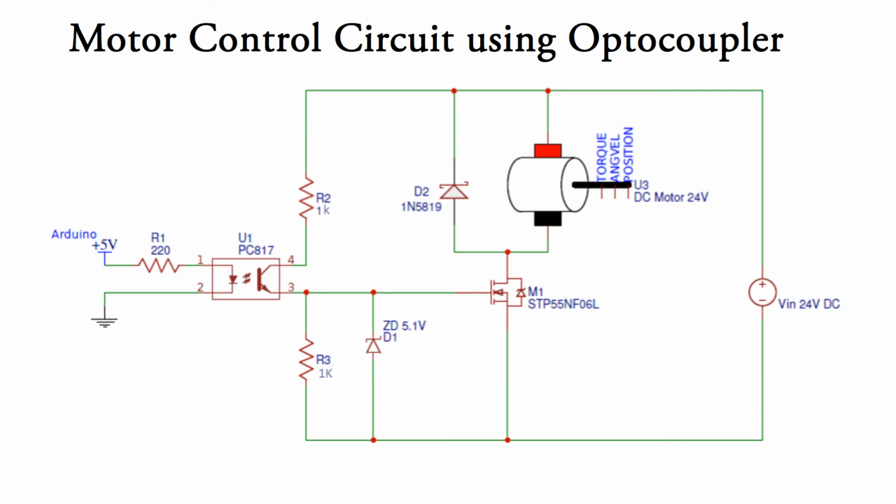The optocoupler couples the signal from the Arduino board to the motor. In the same way, it provides electrical isolation from the input to the output. So if a high voltage input is given from the Arduino board, the switch is on, and it makes your motor run. If the Arduino input is low or the switch is off, the motor goes to the off state. In this way, we can control the motor using the Arduino board with this optocoupler. So a high power circuit can be controlled by a low power circuit by using this optocoupler.